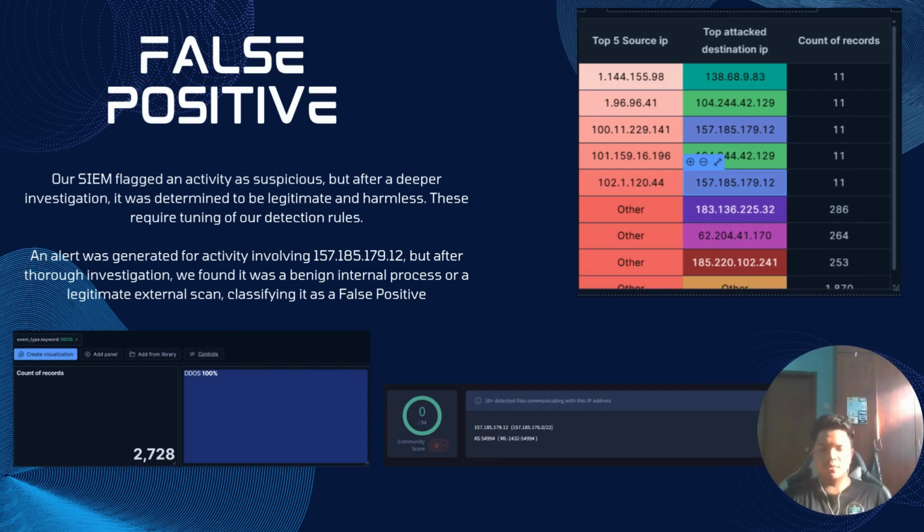So now we move to false positive. Our SIEM system generated an alert for activity involving the IP address 157.185.179.12, suspecting it to be a potential threat. However, after a detailed investigation, we discovered that the activity was actually legitimate and harmless, likely due to a benign internal process or a routine external scan. This type of detection error is known as a false positive, where the system mistakenly flags normal activity as malicious. Although no actual threat existed, the system still raised an alert, which emphasized the need to fine-tune our detection rules